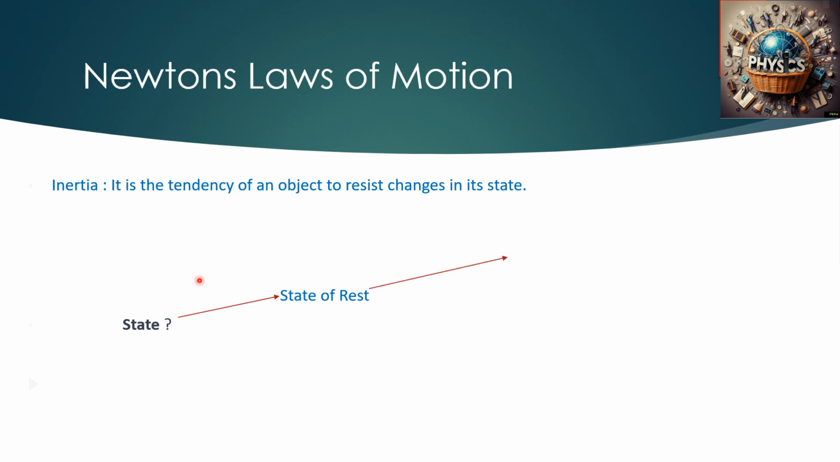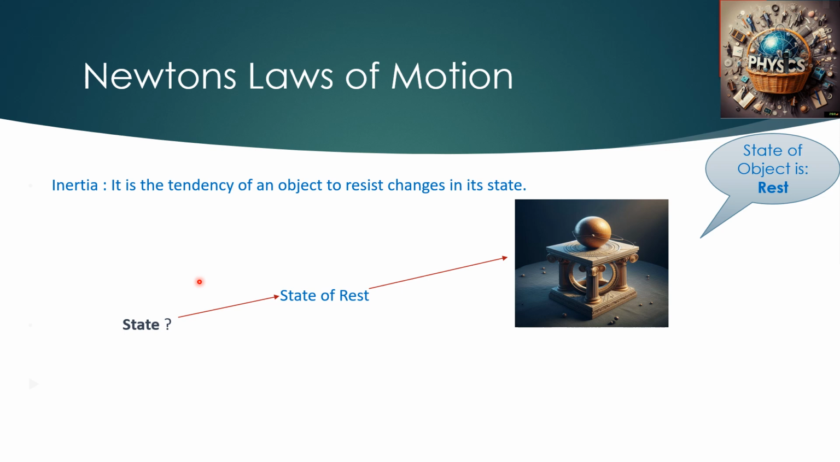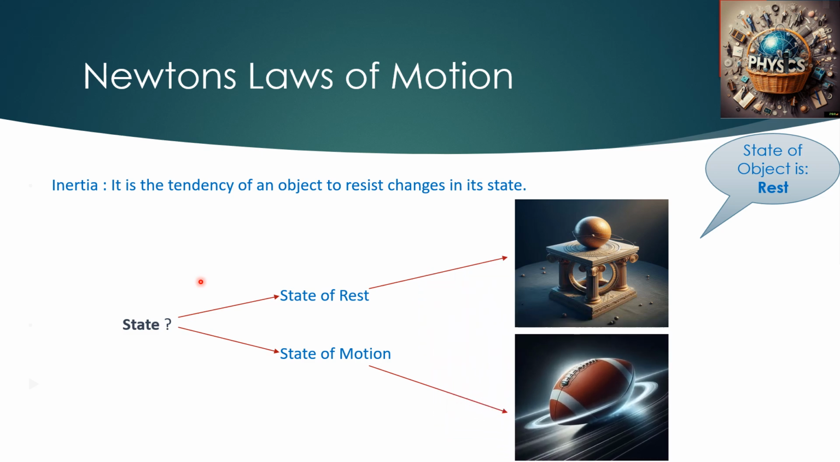The object is at a state of rest, like this simple example wherein a ball is on top of a table and it is in a state of rest. It's not moving. And the other state is the state of motion, wherein a ball is moving on a smooth surface continuously, unless it is acted upon by an external force. So these two are the different states,